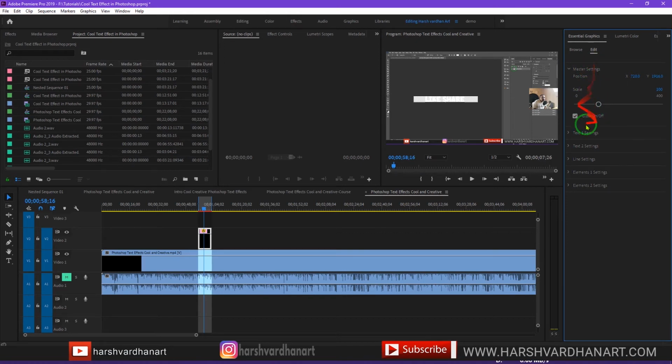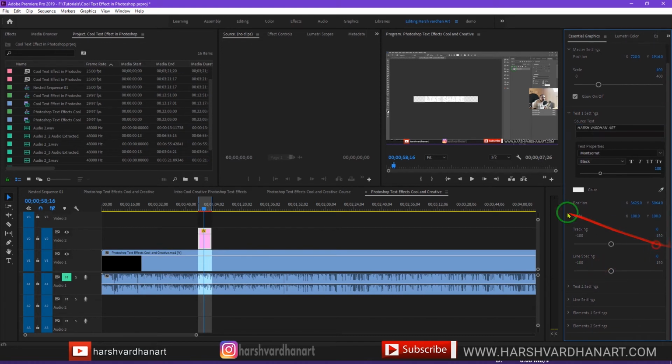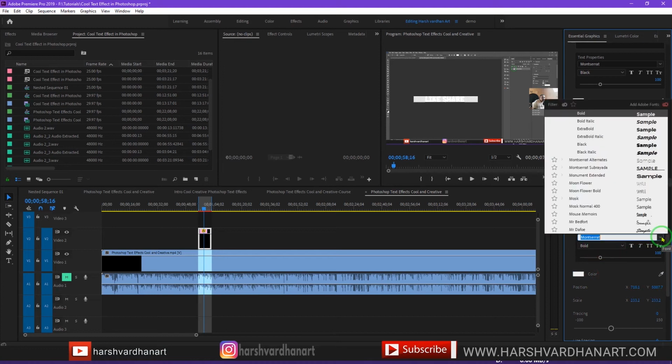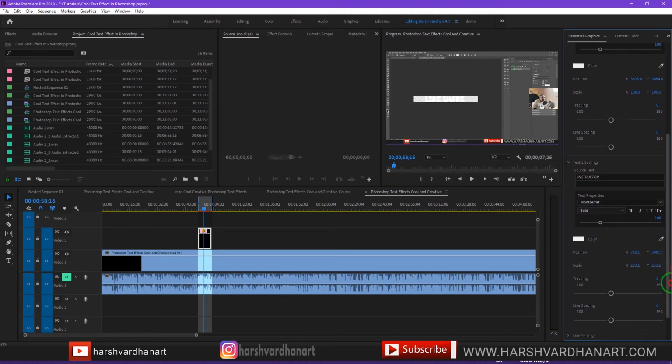We can scale it down from here, over here, and over here. From the text 1 setting, we can write our name, or we can change the text to anything we want, and we can even adjust its color. Text 2 settings, and then we can even change its color. We can change the font from here if we don't like this font. All right, and we can adjust everything, whether we want the bold style, light, or anything else. So all options are available over here.